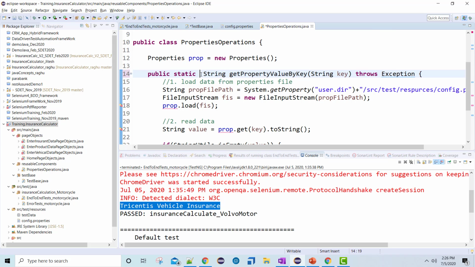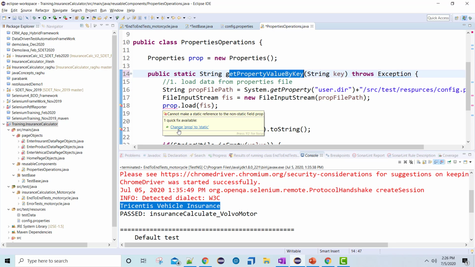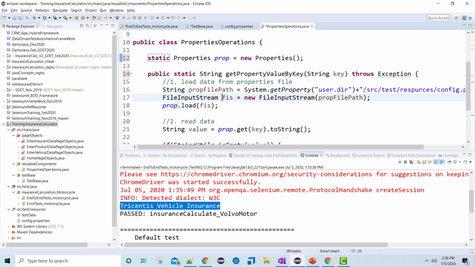Even if it is basic or advanced, this method will always call the value, and the value remains the same. So it doesn't matter whether it is static or non-static. In fact, static will be more helpful in this case. Since this is static, I should make the prop object static also. Now the advantage of making it static is I can call this method by using the class name.